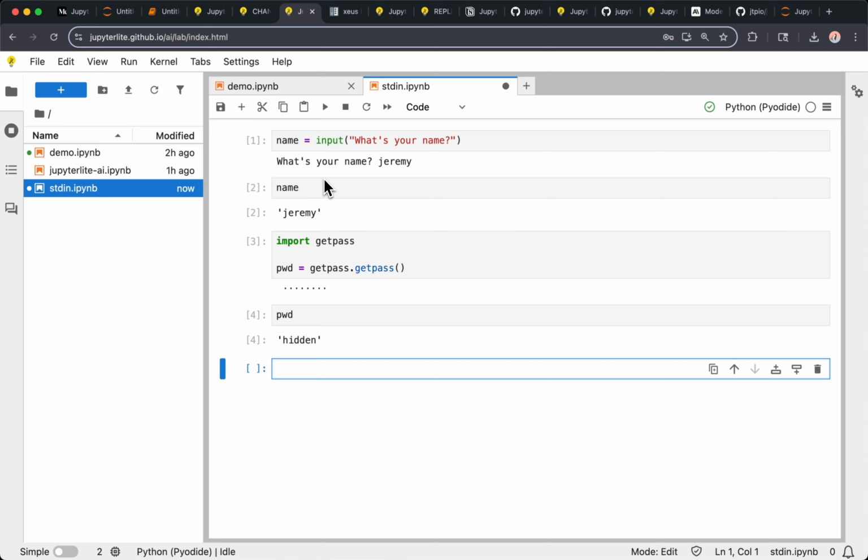It was annoying because it was not really working in Jupyter Lite, and Jupyter Lite is used a lot for education purposes, so there was a kind of mismatch. But now people will be happy because this will work as expected in the coming version.